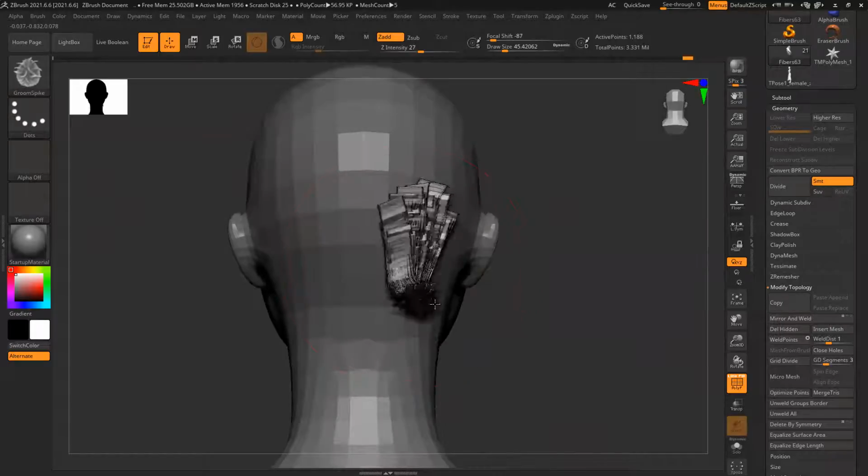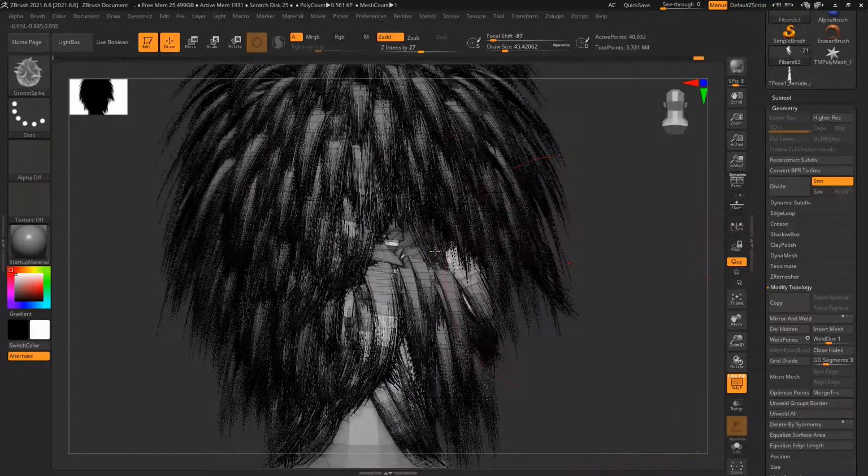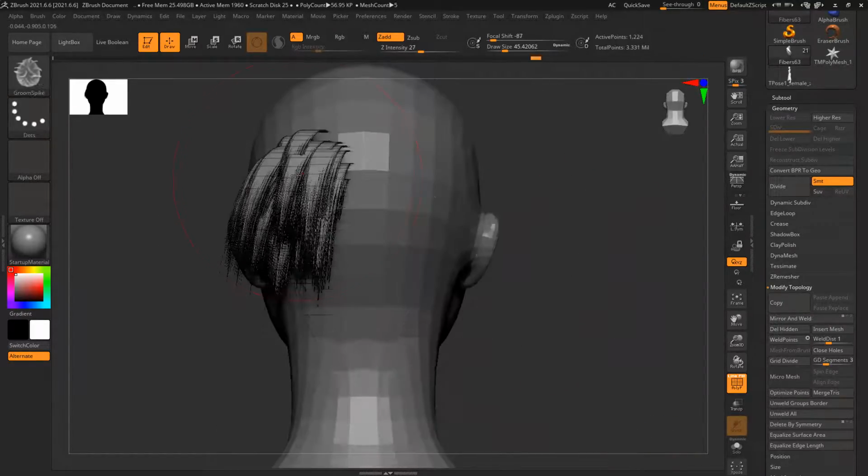So now you cannot increase that hair amount. You cannot do anything now.